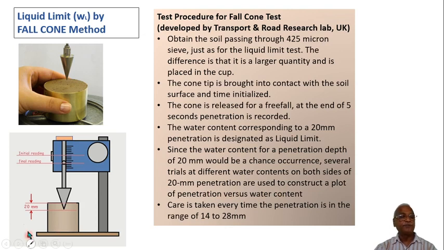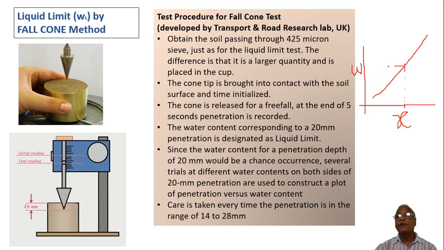What it means is, you have to have a plot wherein number of or extent of penetration, let me represent it as X, and then here water content, right? As the water content increases, the penetration also increases. Because of that, the graph will be a straight line, something like this. Now penetration is say 20 mm at this particular point. Now when you go up the line, you will be getting a point, and then you have to go to the left, and this particular point will be giving you a liquid limit,